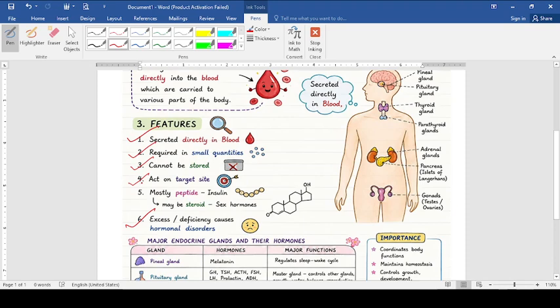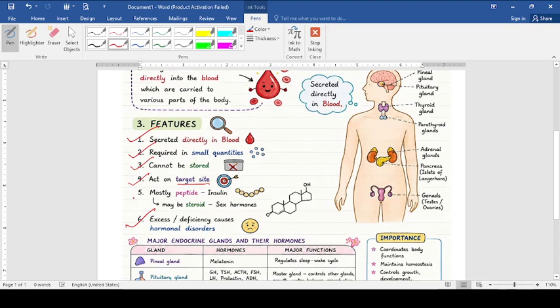What does it mean? For example, a hormone is secreted from the pituitary, that is thyroid stimulating hormone. Now this hormone is TSH, so it will not act on the kidney. It will act on the thyroid gland or activate it for its secretion. So a specific hormone is always working on a specific site.